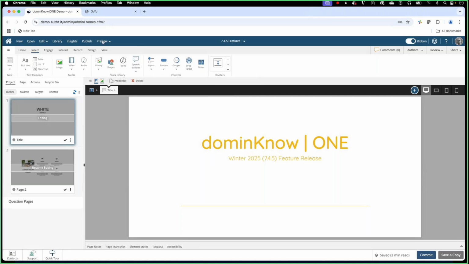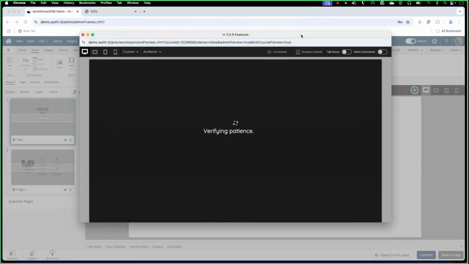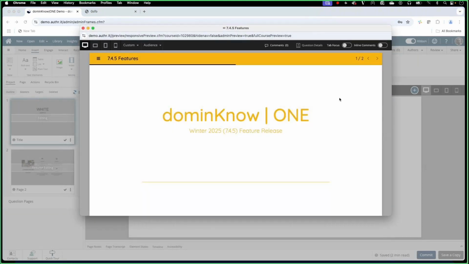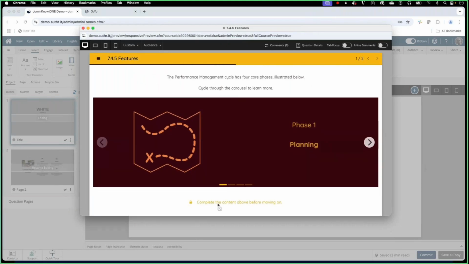Let me pop this project into a full project review, and we'll take a look at those dividers in action before we go and take a look at how they're set up. So I mentioned there's a simple line divider there, and I could change its style. But if I scroll down a little bit further in this content, there's a completion divider that's been added here.